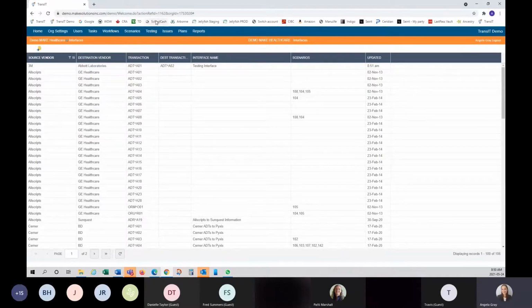One of the most exciting options that has been added to the interface window here is that it now tells you in this column here, the scenarios column, exactly which scenarios are using those specific interfaces. So before you had, I guess, no way of really knowing where those are currently being used. So now you've got a list here of which scenarios, and you could use the link to go into your